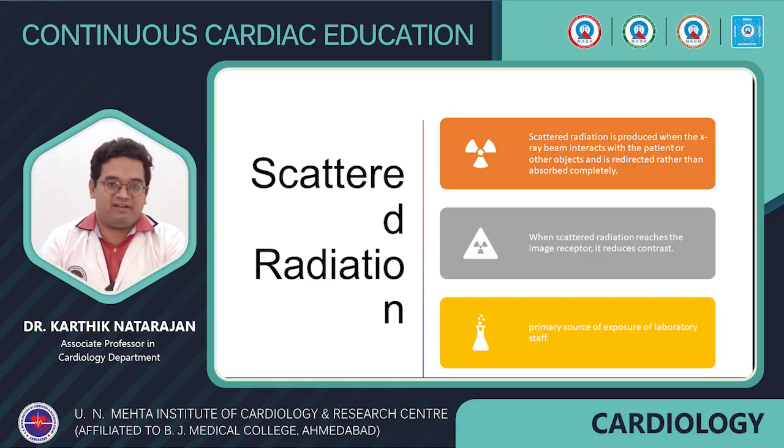Now we come to scattered radiation. Now what is scattered radiation? Scattered radiation is produced when the X-ray beam interacts with the patient or other objects and is redirected rather than absorbed completely. When scattered radiation reaches the image receptor, it reduces the contrast, and it's the primary source of